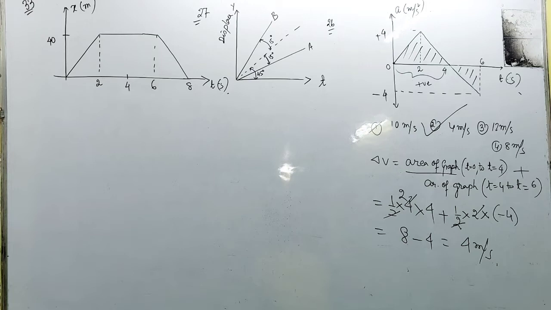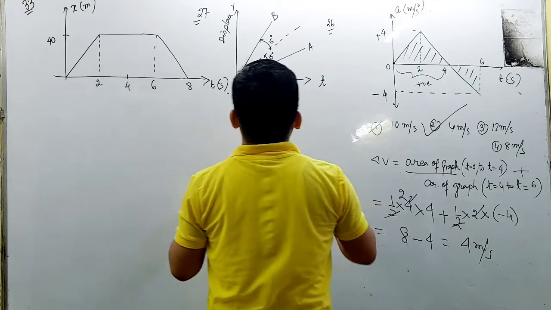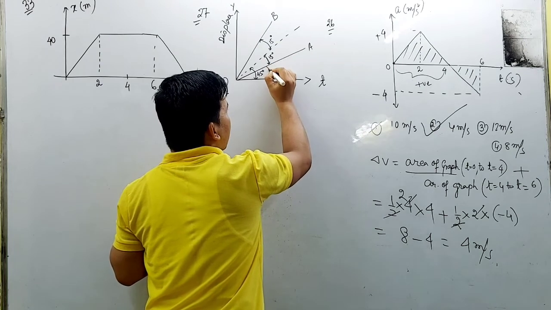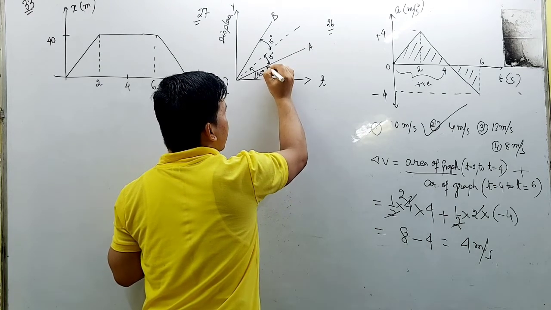The slope of the displacement time graph gives velocity. Velocity is the slope, which depends on the angle. This angle will be